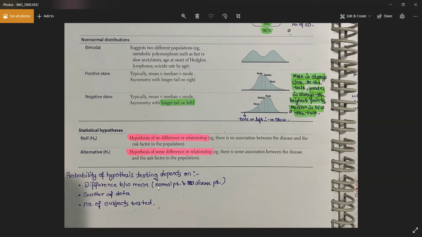If the difference between the mean of the normal patient and the diseased patient is very small. For example, let's say you have made a test which detects an enzyme level in the myocardial infarction patient and the non-MI patient, and you have found that the mean of the non-MI patient for this enzyme is 100, and the mean